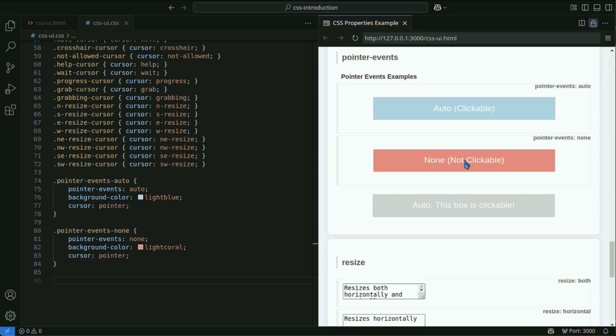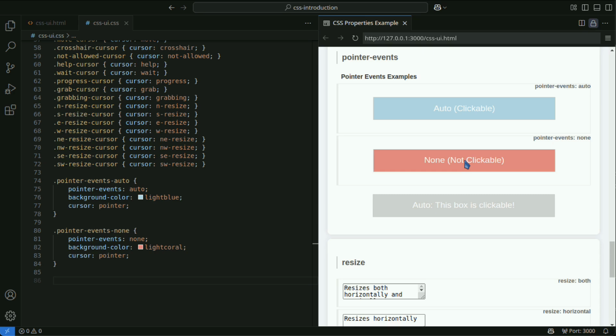The pointer events property specifies whether and how an element receives pointer events. You can specify the following values. Auto is the default value, where the element receives pointer events normally. When none is specified, the element does not receive pointer events.